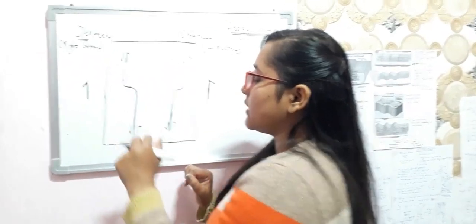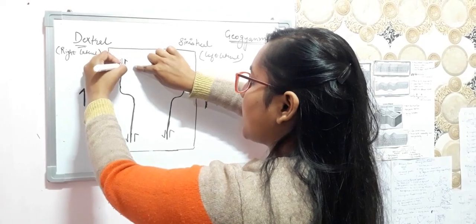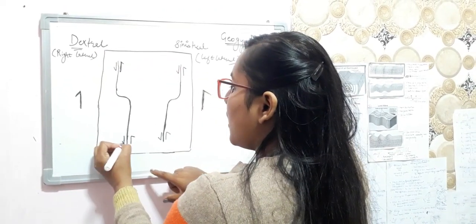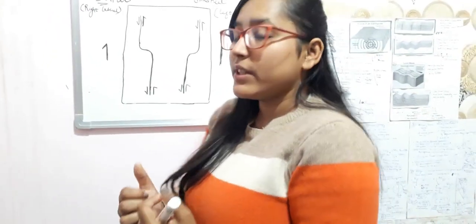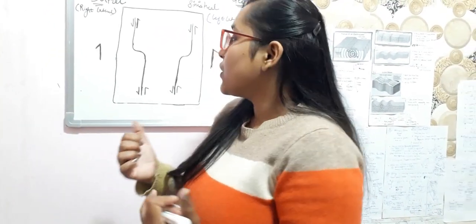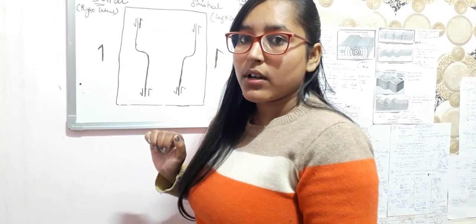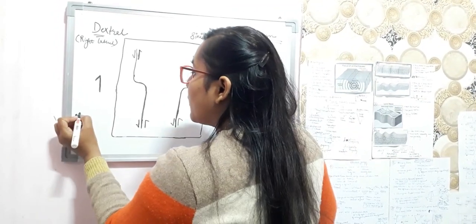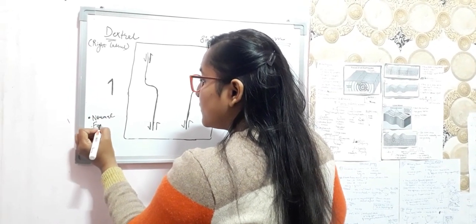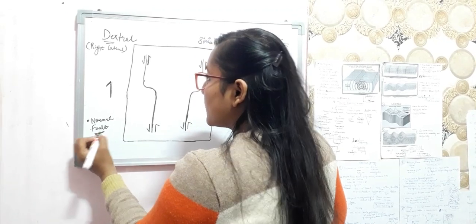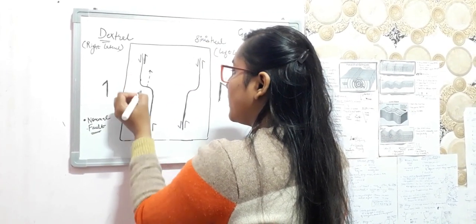Now you can see that both the directions in this case are moving away from each other. So if in any area, as I have told, there is extension in that area, this will result in the formation of which type of fault? It will be a normal fault. I will show you the extension like this.